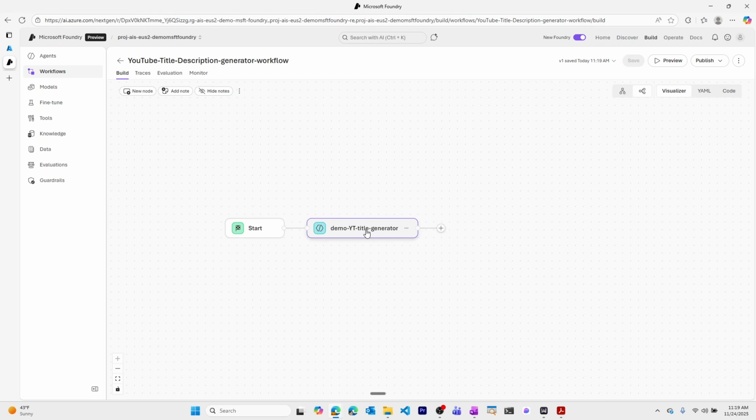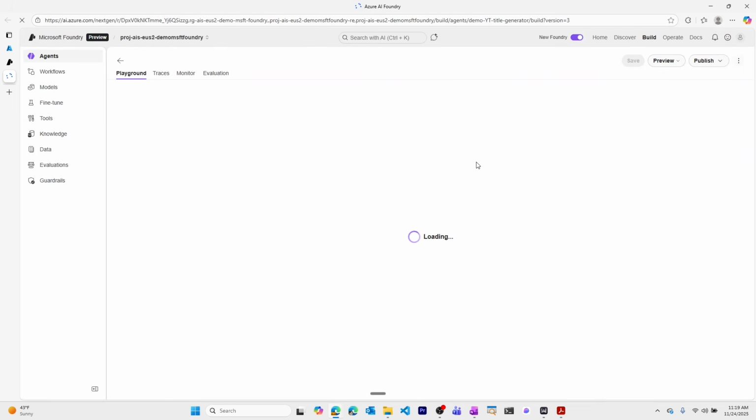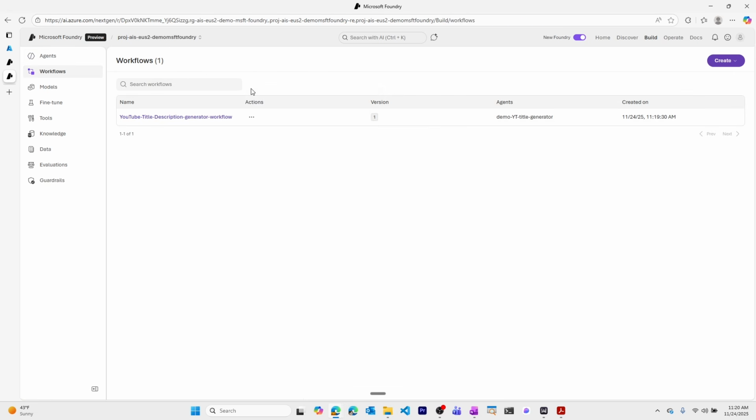This agent, if I click on this invoke agent, I can edit in the playground if I wanted to make changes to that specific agent. If I go to the playground, we'll see this agent is just an agent using GPT 4.1, and it has a list of instructions helping it to generate a specific YouTube title based on a topic that I give it. So going back to workflows,